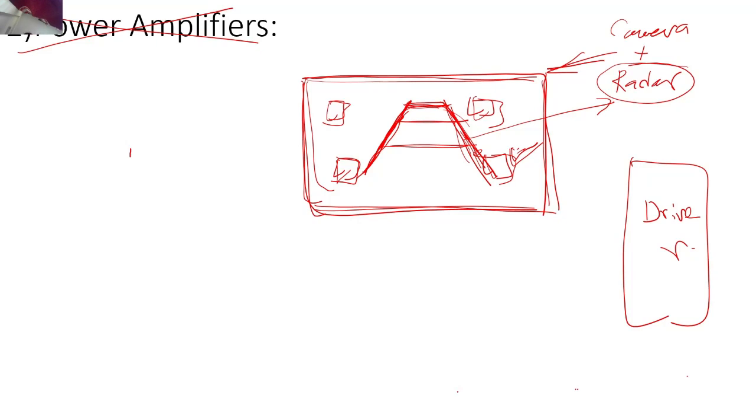The signal processing unit will take the signals from the camera and also from the radar. It will create this complete picture for you, which will be like a video from the back side of the car, and on top of that it will embed this type of ladder kind of structure that you are seeing over here. From there you will be able to see, okay, I am moving very close to the other car, I should stop over here.